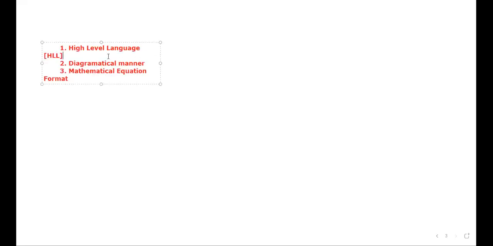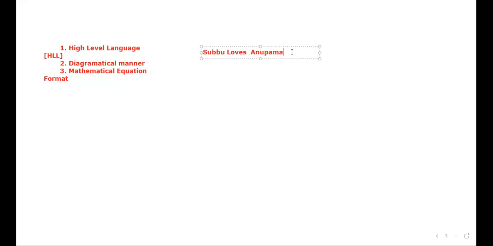Okay, I'll just tell three types of requirements are there. First one, high level requirement, diagrammatical manner, mathematical equation. Assume that there is a relationship going on between two persons. Let me take the boy name happens to be Subbu, and I will take the girl name happens to be Anupama. Easily I can tell like this, in high level language where the human beings will understand, a normal language: Subbu loves Anupama.